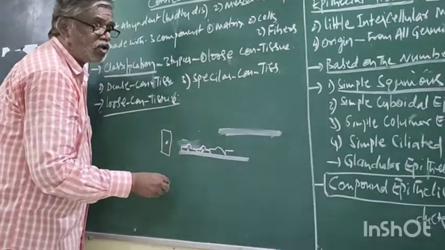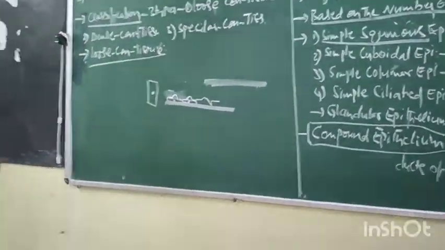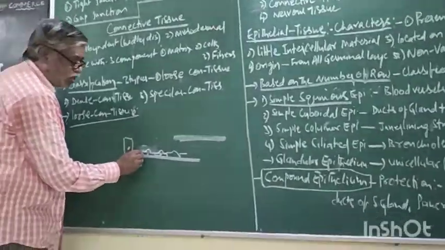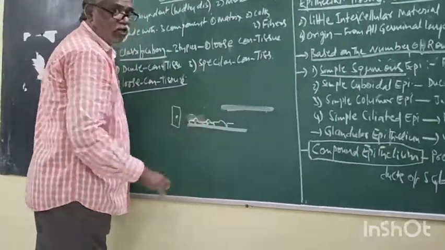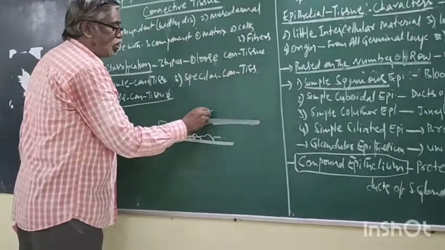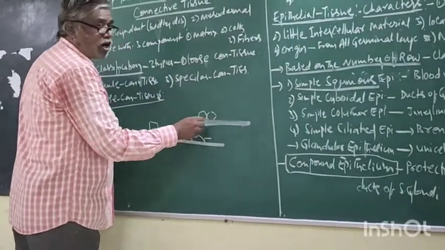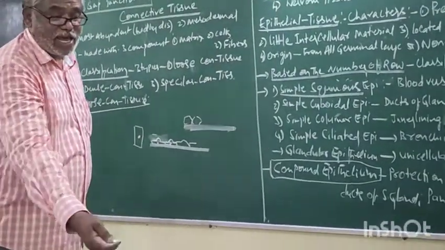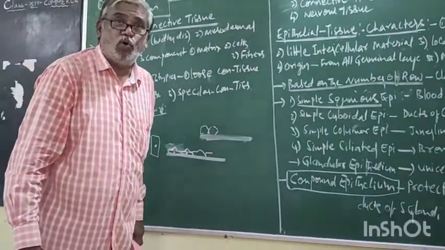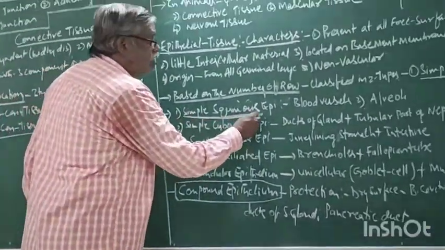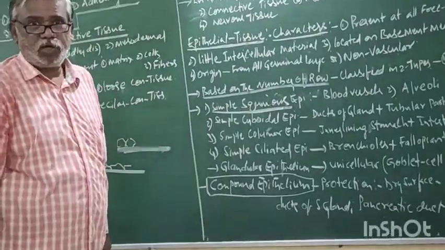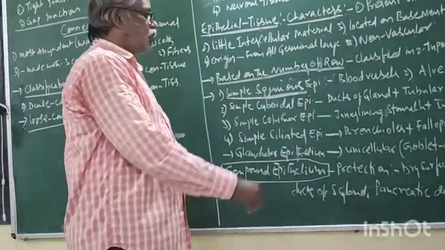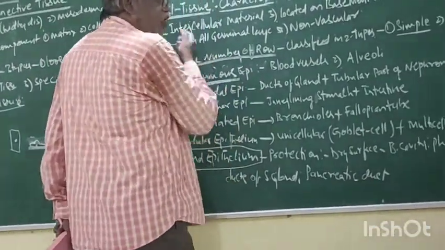Now, when you see, like I told you, the epithelium appears wave-like, and it is a polygon. The arrangement is like tiles on the floor. Hence, it is also called pavement epithelium. Now, this epithelium is present in